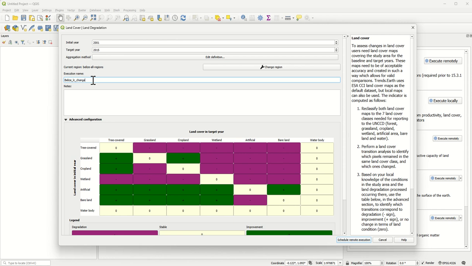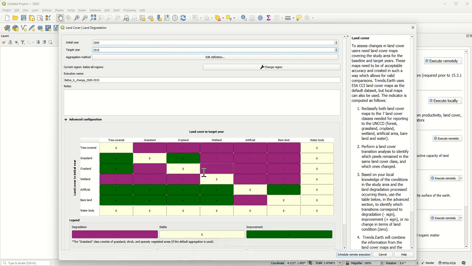I'm going to call it Belize land cover change. And here I'm doing the exercise showing the baseline period. So I'm going to do it from 2000 to 2015, and I'm going to change the initial year here to 2000. The European Space Agency Climate Change Initiative layer representing land cover classes for the entire globe spans from 1992 to 2022 currently. So for the baseline period, I'm going to be doing analysis of land cover change from 2000 to 2015.